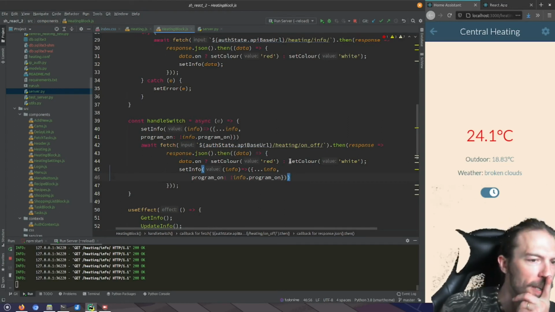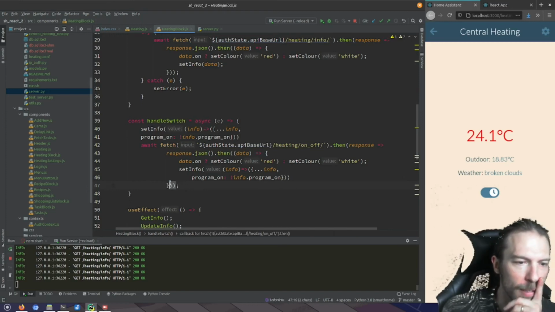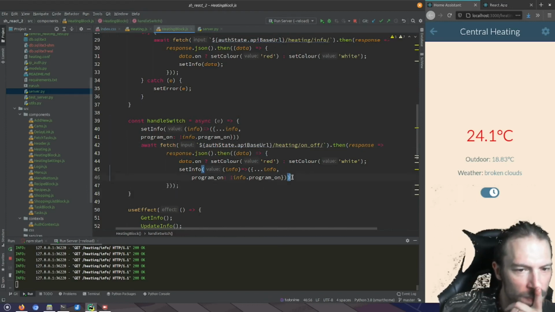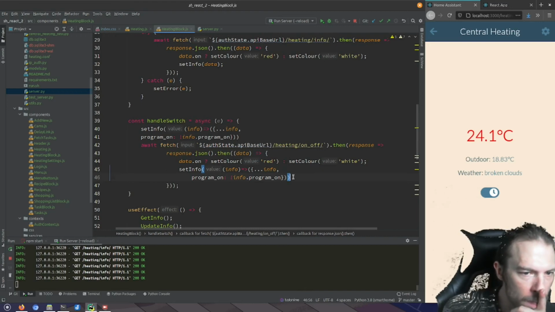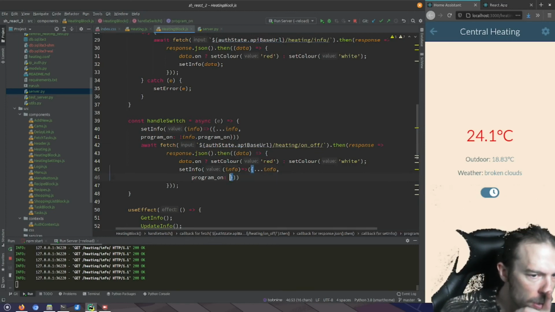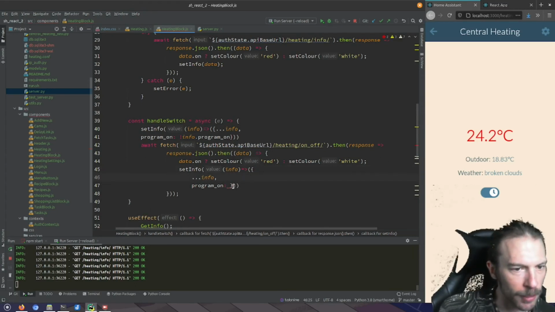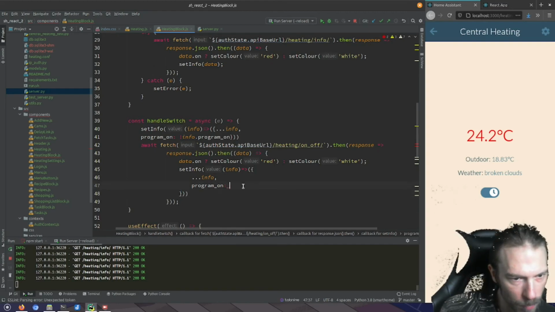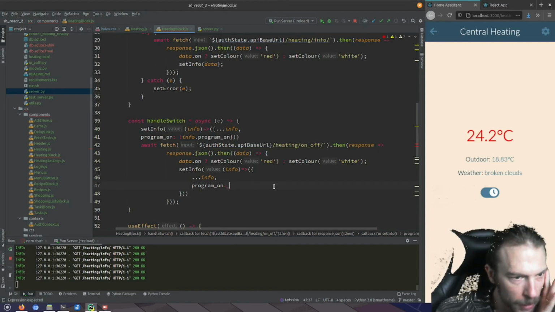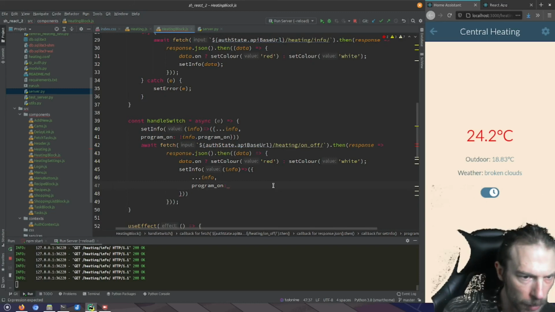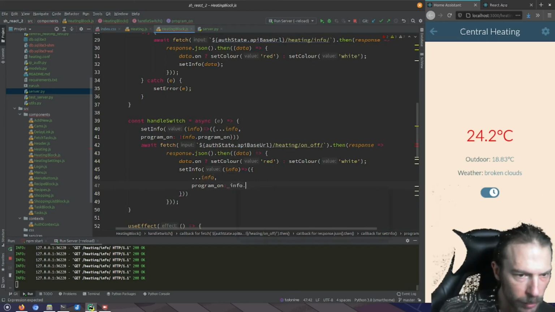Okay, good. I always get confused in JavaScript, just trying to count the brackets. So we don't want to do this. I think we want to do, and again, showing my lack of knowledge here with JavaScript, because I'm sure there's a ternary. Okay, so yeah, we can do info.program on not equal to